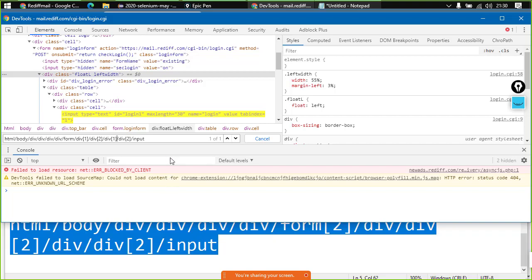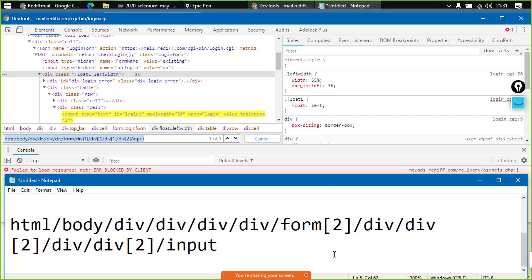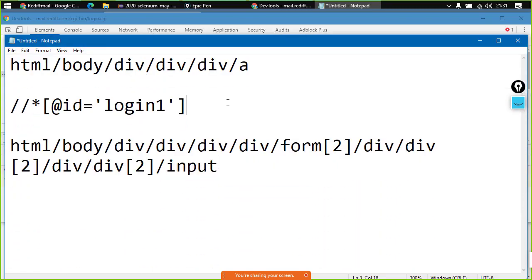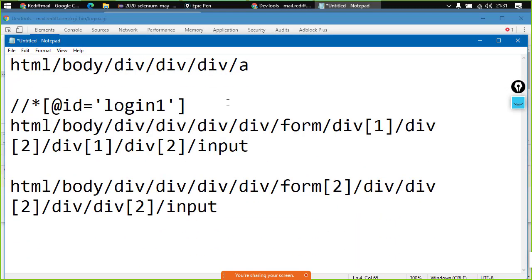So we have got another XPath for an element which was already retrieved, right? So the question is, can an element have multiple XPaths? Actually, yes. A single element can have multiple XPaths.